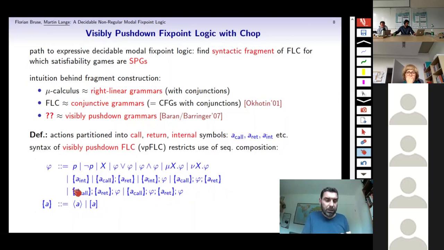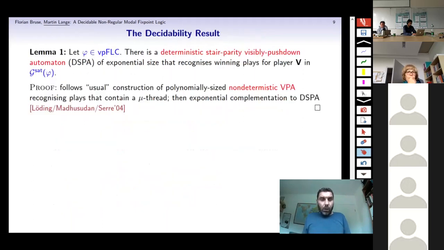The important thing here is that these double brackets stand for either a diamond or a box, it doesn't matter. And this is really the essential difference to these PDL-like logics, where you commit to a diamond or a box, and inside of this you can now use a visibly pushdown language. Here we use the mechanisms of visibly pushdown languages to construct them, but you don't care whether you use diamonds or boxes at any moment in there.